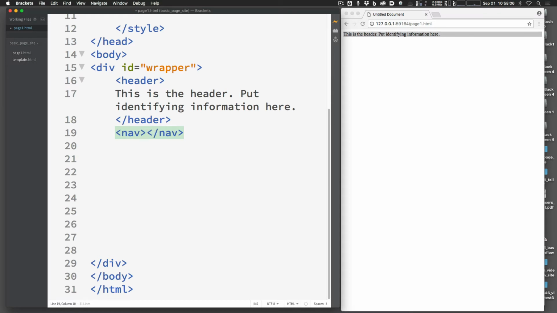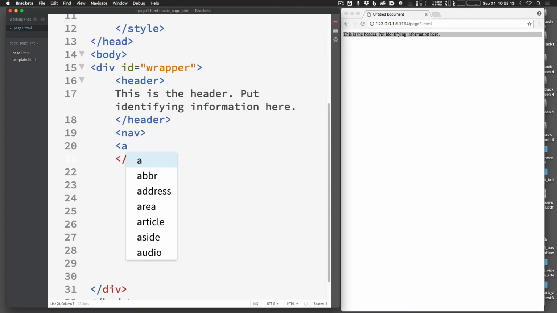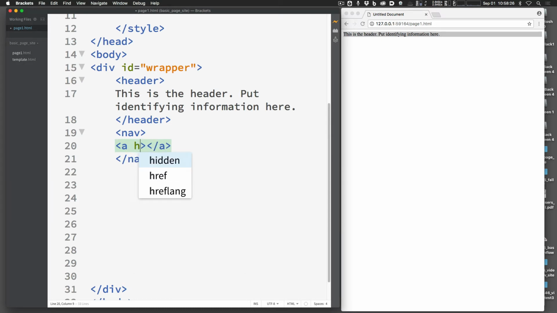So I'm going to go in there and put a nav, and then while I'm in there, I'm going to put a couple of links. So I'm going to do A for a link, obviously, and then close it so that I get a closing link tag. And since I'm here, to make this actually function as a link, I'm going to add the href attribute, hypertext reference, and I'm just going to put a dummy link in there. You can just use a hash for that, and that is often a good way to sort of make a link behave like a link, but it doesn't go anywhere yet. So obviously you'd have to replace that with